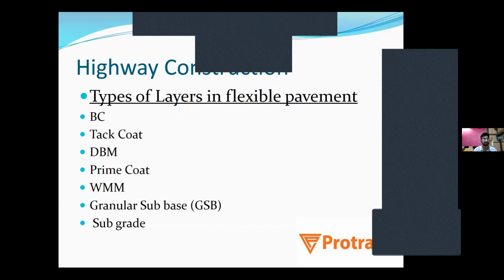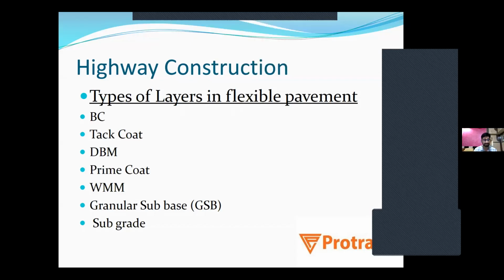Wet mix macadam comprises dust, 10 mm aggregate, 20 mm aggregate, and fly ash as an admixture. After compaction of the wet mix, one layer of prime coat is added. So what is prime coat? Prime coat is nothing but bitumen, which is sprayed on the road by the